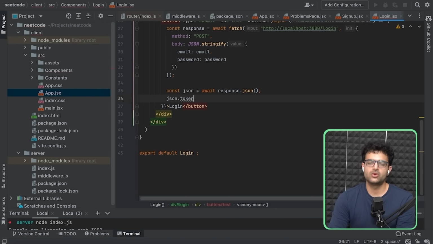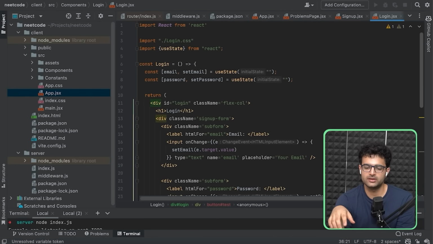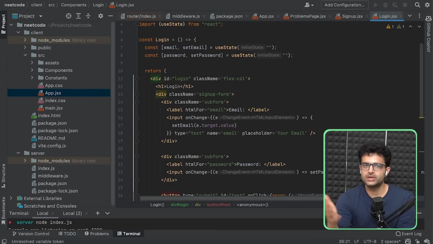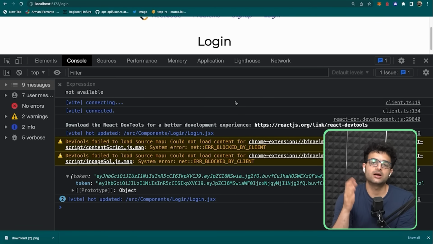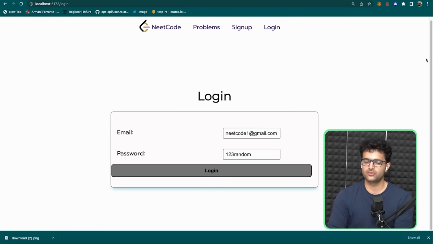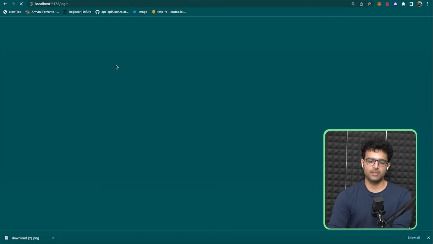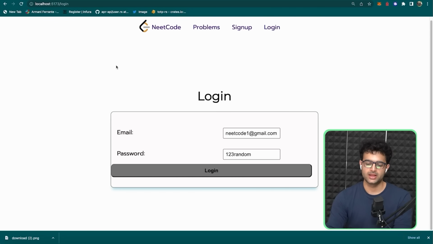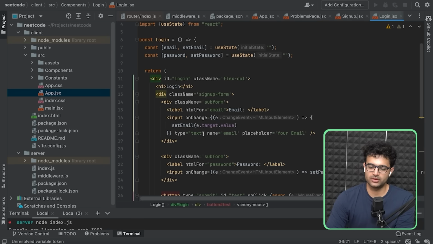This needs to be stored in the browser. Why in the browser? Well, you will change pages now. If you store it in the state, it will remain in this component. You could store it somewhere else in the state, but it won't persist across refreshes. You need to make sure that the user, if they close this tab and come back after a few days, they're still logged in. And hence, what you need to do is store this token that you just got